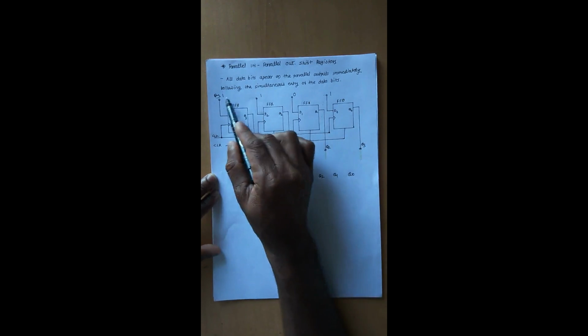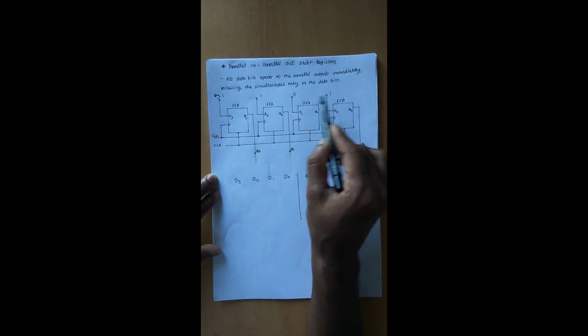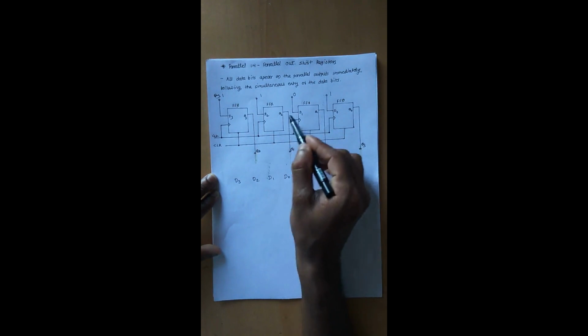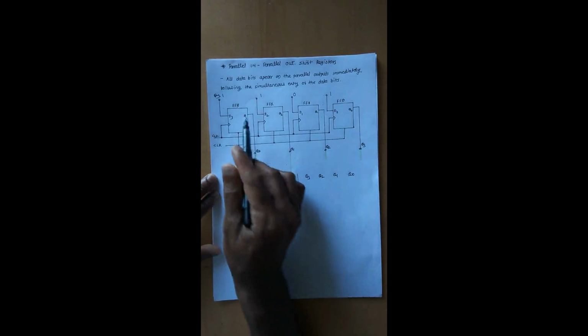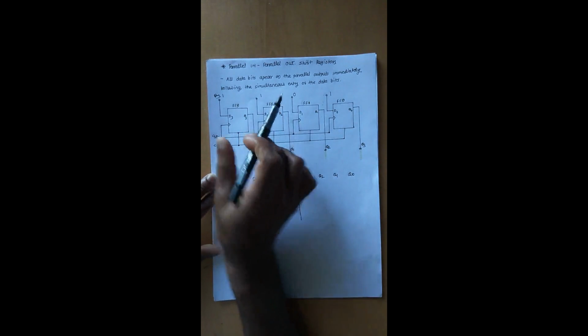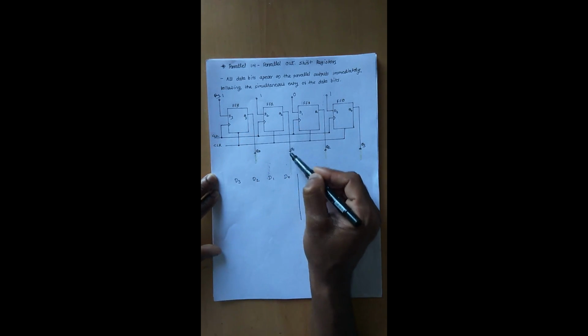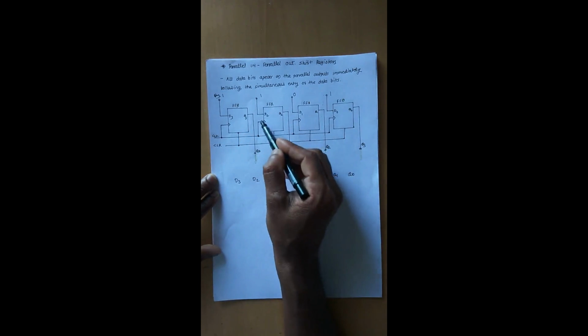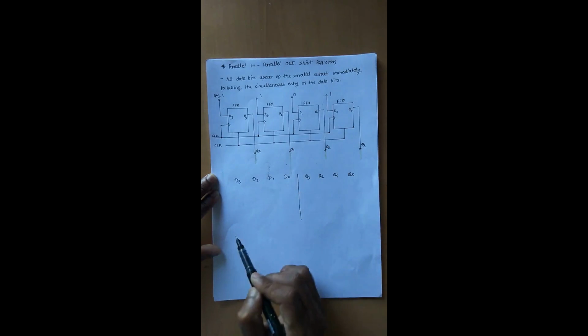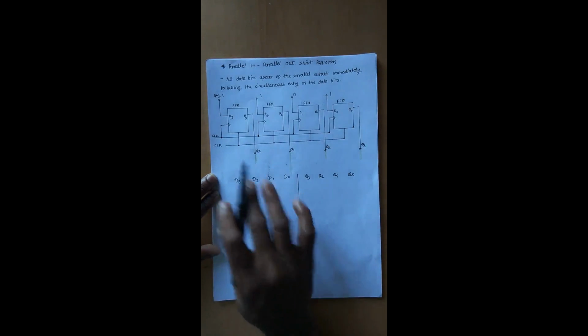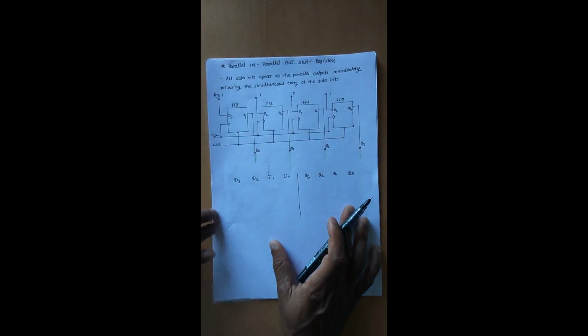So in this, whatever data is entered into all the flip-flops is in parallel form, and the data is taken in parallel form, because at each and every stage the data will be present at the output. This data is also present at the output, so it is called parallel in and parallel out. Okay, this is about the construction of the flip-flop.